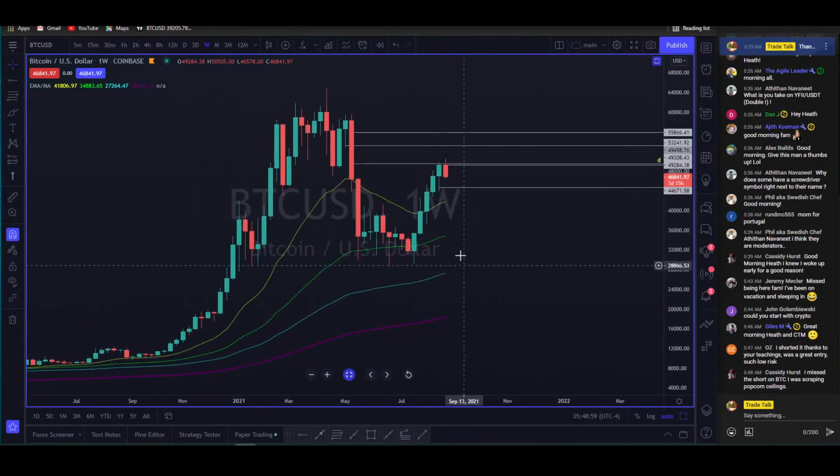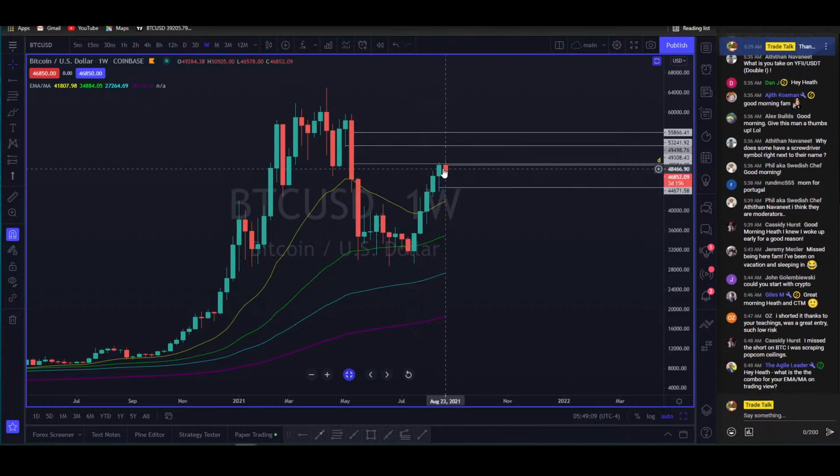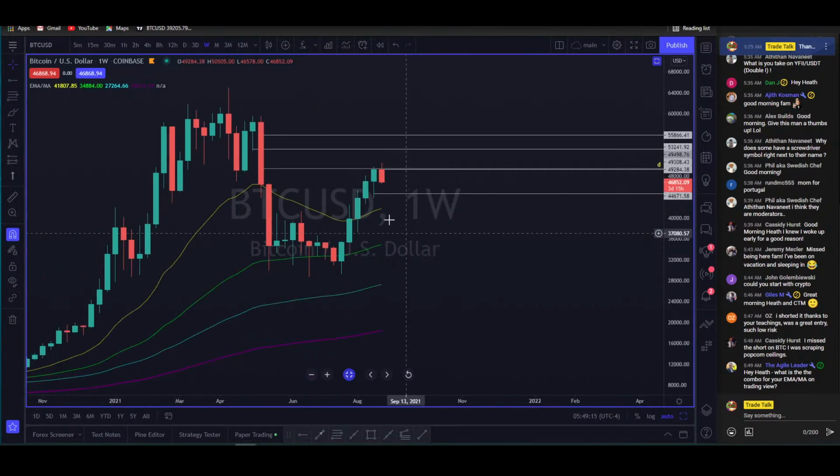Here is your weekly price action. Looks good. It's not bad. Guys, you're barely trading below last week's open. You have this entire range of price that is last week's price range. You're testing roughly around the midpoint of last week's price range. Nothing wrong with that. Absolutely nothing wrong with that.